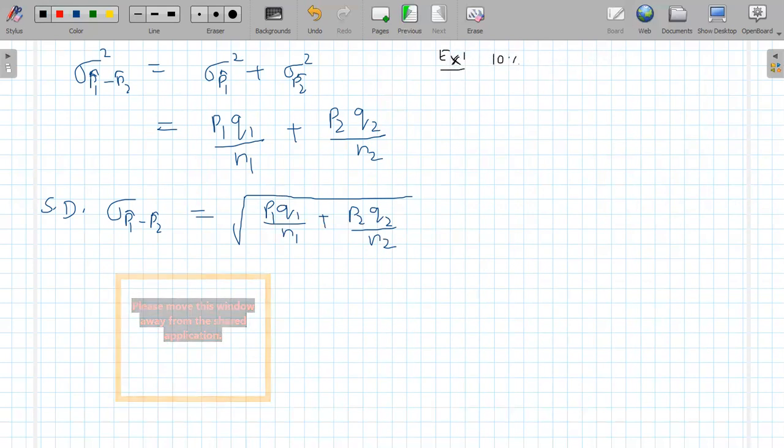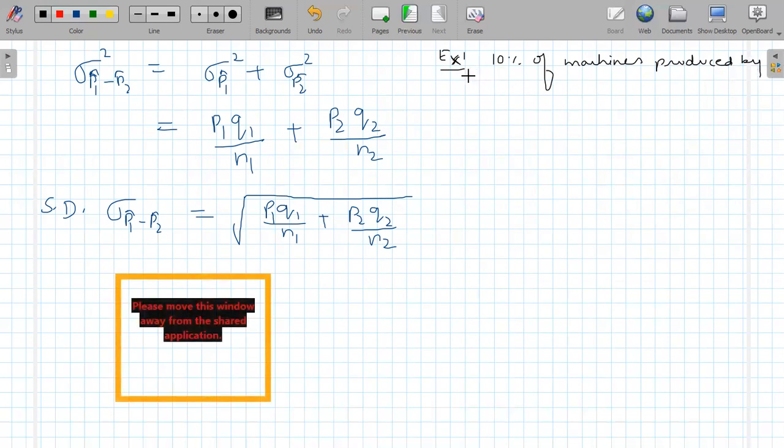10% of machines produced by company A are defective. कंपनी ए के द्वारा जो मशीन प्रोड्यूस की जाती हैं उनमें 10% मशीन्स कैसी हैं, डिफेक्टिव,